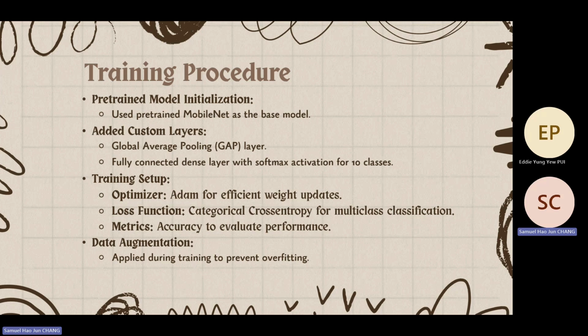And in the training setup, the optimizer called Adam is widely used because it is very efficient for weights updates. It adjusts the learning rates for each parameter dynamically, combining the benefits of RMSProp and stochastic gradient descent, which stands for SGD. Since it is a multi-class classification problem, categorical cross-entropy measures the distance between the predicted probability distribution and the true labels. Accuracy is used as a primary evaluation metric to measure how well the model predicts the correct class. And for data augmentation